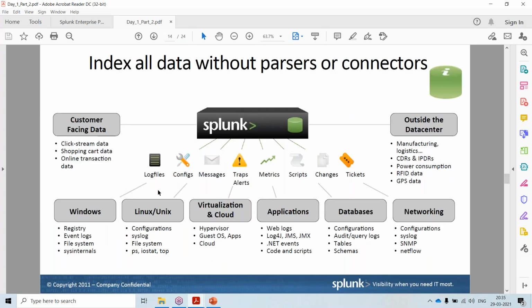So if you have a Splunk which can get the data from all the stuff, like Windows servers, Linux, virtualization, cloud, applications, database servers, networking, and other data, such as radio frequency and GPS data from mobile tower signals. If you get all this data, from here you can directly monitor. You can easily monitor and troubleshoot the issues. That's why we will use Splunk. Got it?